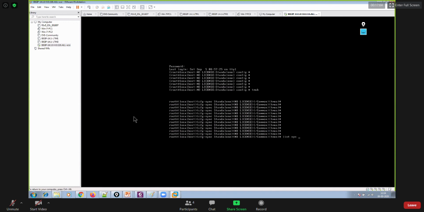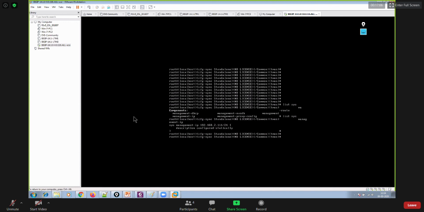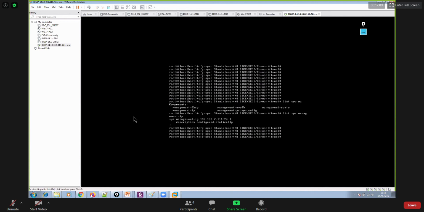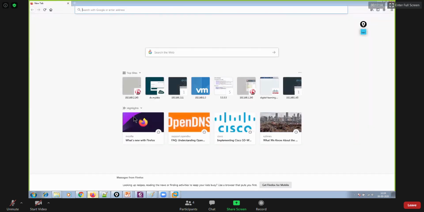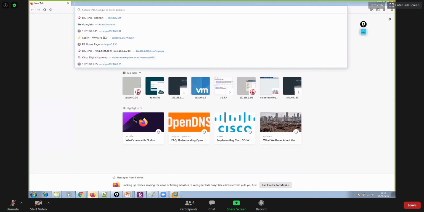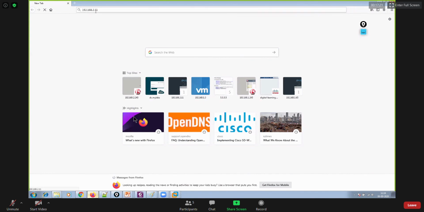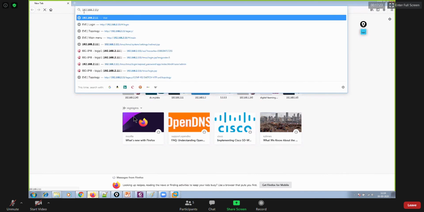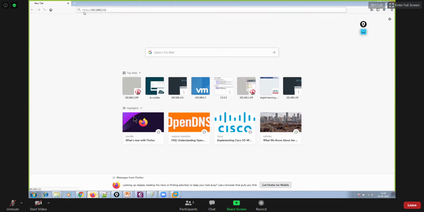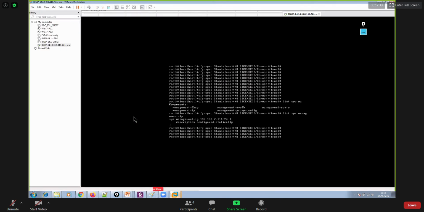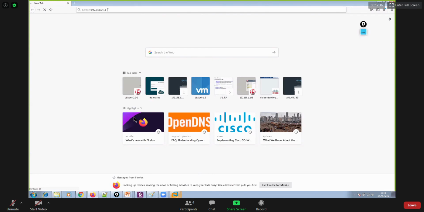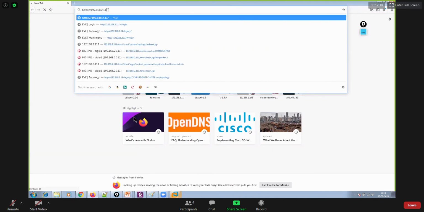So let's say I just wanted to list the system management IP. The management IP is 2.111. So let me access this BIG-IP using this IP address. I'll have to put HTTPS, because if I don't put HTTPS, then I'll not be able to access this BIG-IP machine. The IP address is 2.111. I'm so sorry, I tried to access 2.11. However, it should have been 2.111.